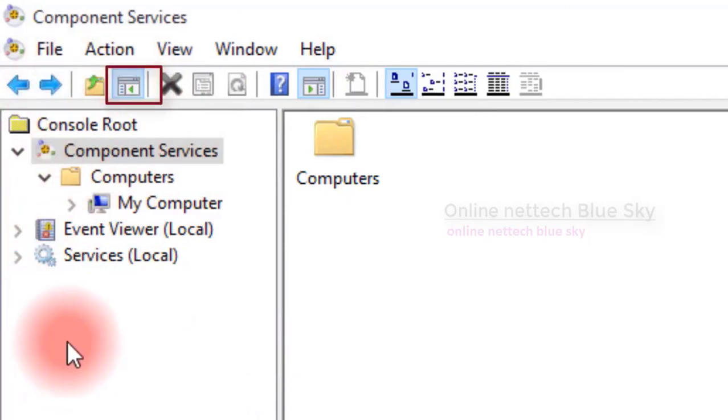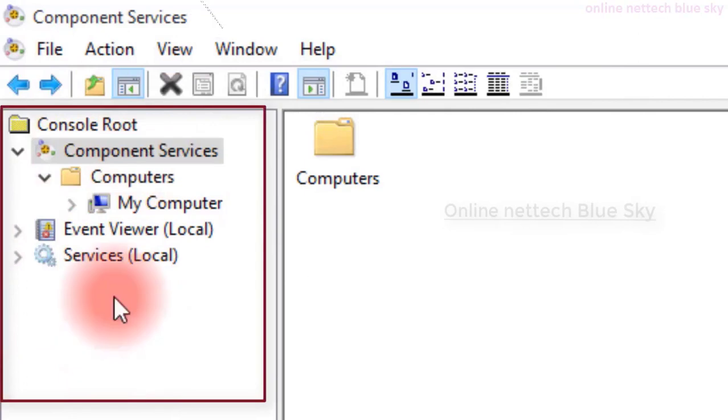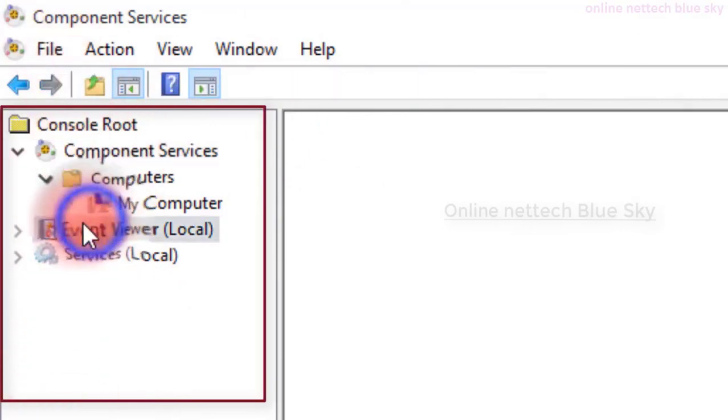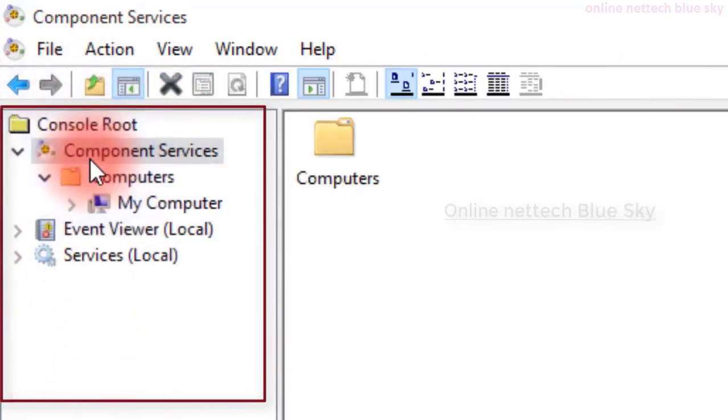So inside this option, there are a lot of options available. This is the console root. On the left side you can see the console root and different tab options inside. What the event viewer is, I will discuss later, but for now we will discuss only